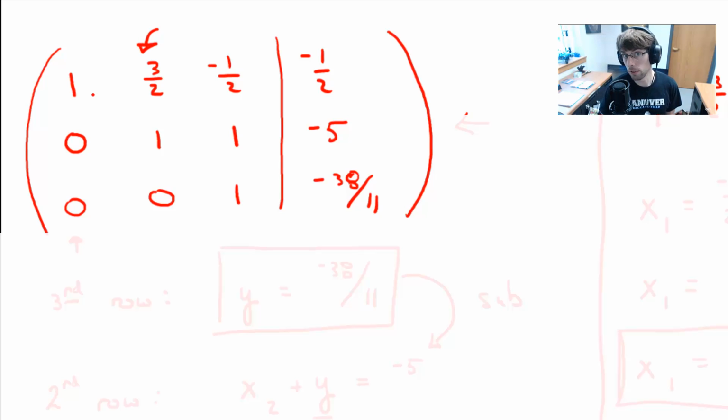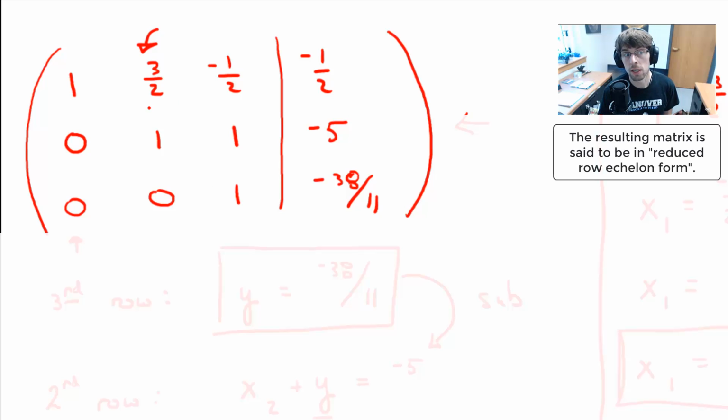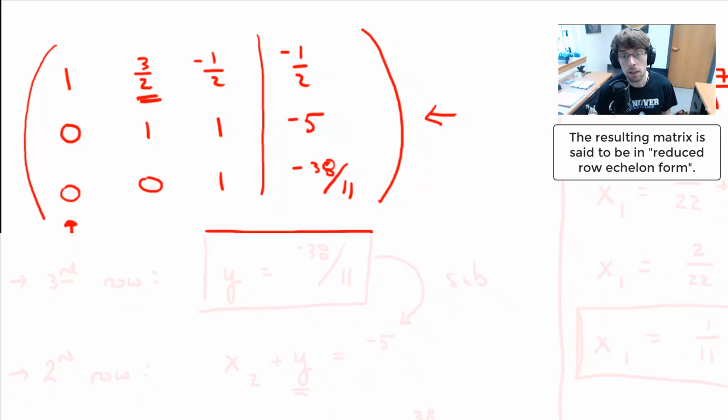That's a fielder's choice. And what that will do is prevent you from having to do these sub and solve processes at the end. So imagine for a moment if you were to zero out the columns above the diagonal as well,